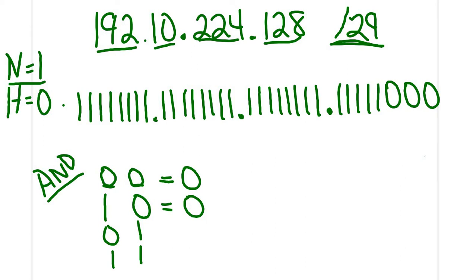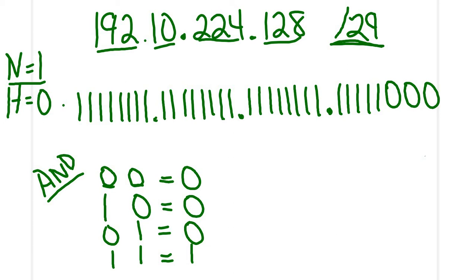And so if I've got a 0 and a 1, my result is also going to be false. The only time that you get a true is when you AND together a true and a true, or a 1 and a 1, and that gives us the number 1. Okay, so to do this ANDing, first thing I've got to do is convert my IP address